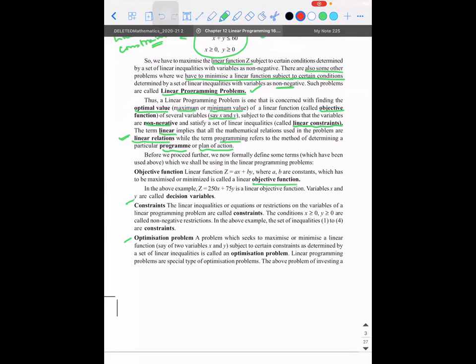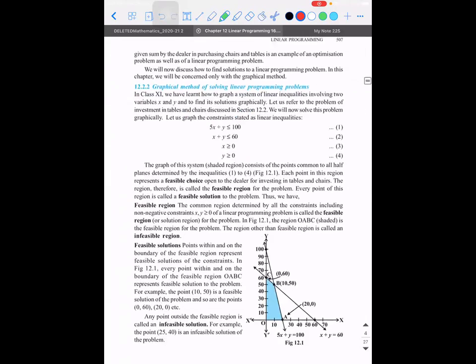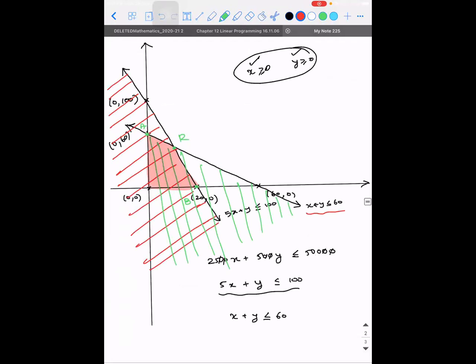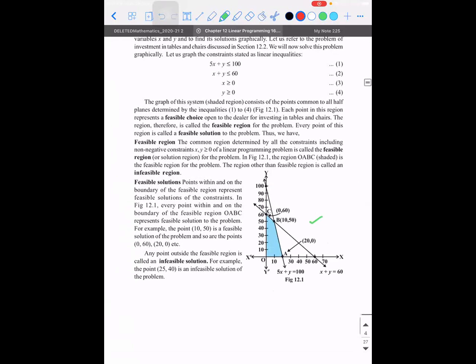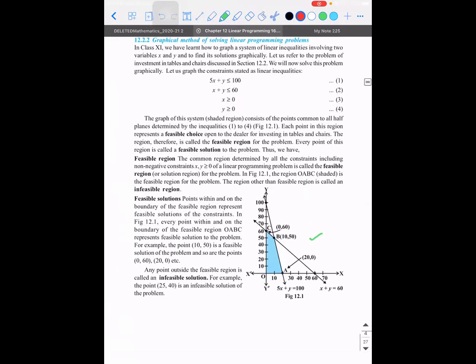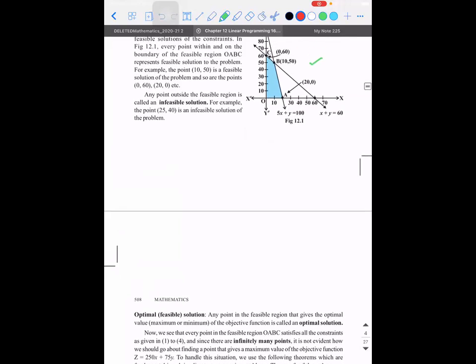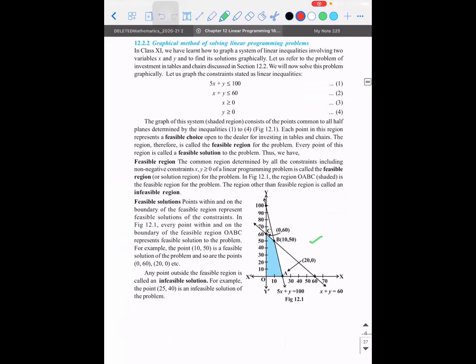You understood, sir, what an objective function is, right? That's good. With all these things, we have drawn the graph, right? The same graph is drawn by us. You people know how to draw the graph also. Once you get the shaded regions, there are some important points related to the shaded region. What are they called? What are those points called?